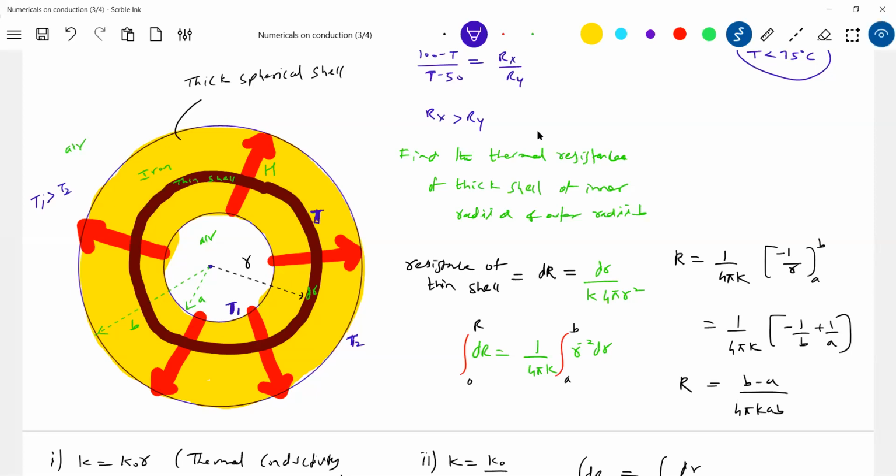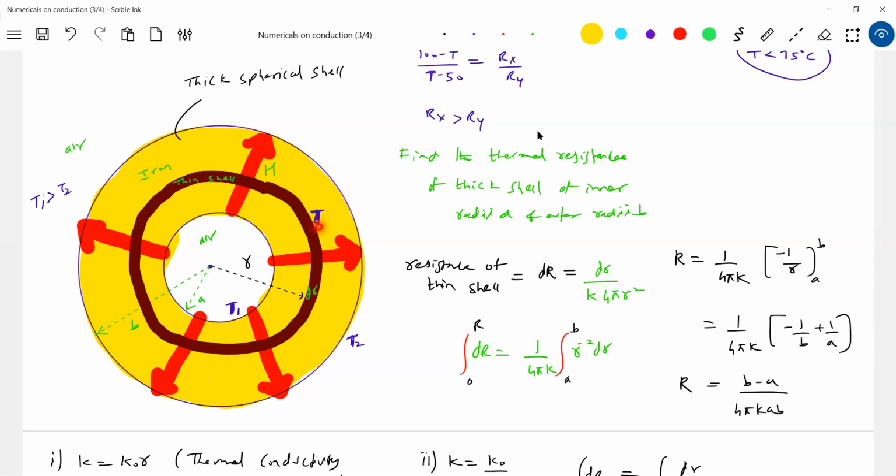Again, I should assume that this is one shell, and next again this another thick shell. The radius of the shell from A to R is one shell, then R to B is one shell. Then how will the heat current flow? The same heat current will flow because they are in series. What heat current flows here, the same heat current will flow here. Are you able to notice this one? What amount of heat is flowing in this region, the same amount of heat current will flow here, no? Thermal power, I'm talking about heat current, so that will be easy for you. So they are in series.